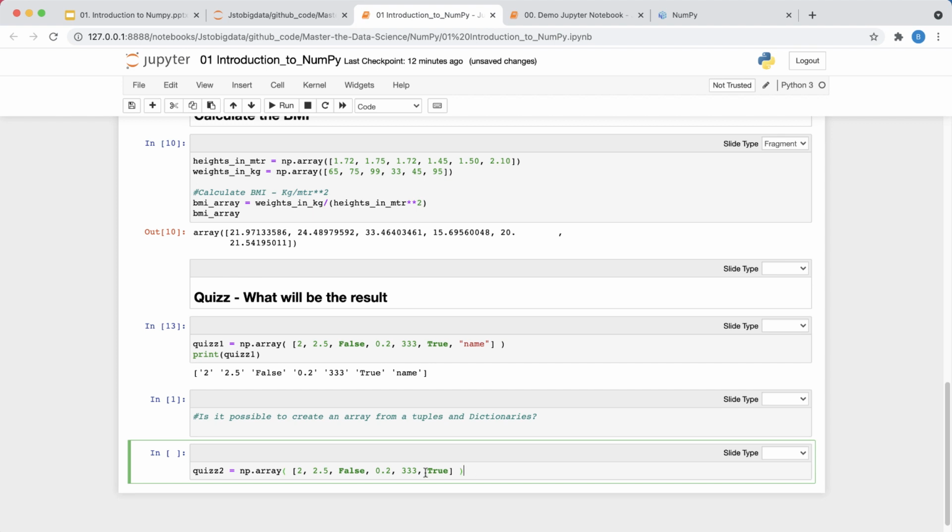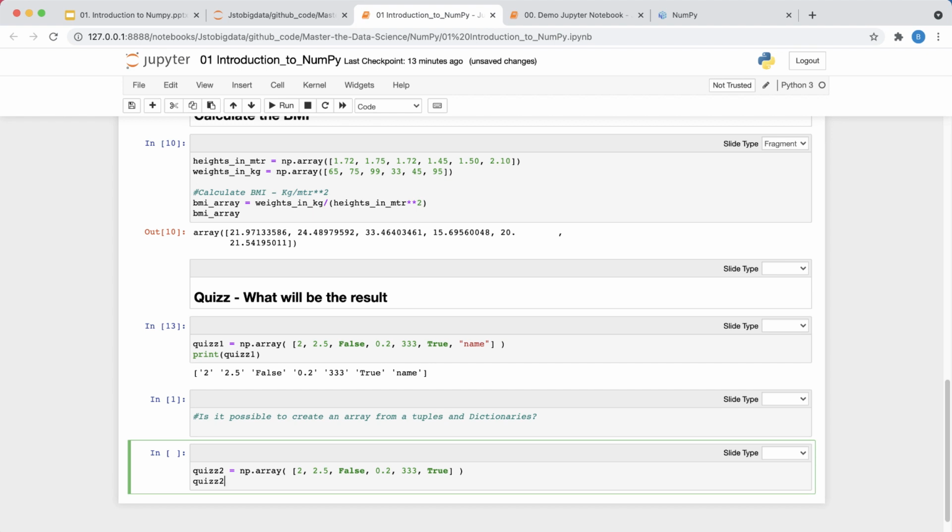Nothing wrong in that. But here you see in my list I can have any type of data, right? I can have int, float, boolean, string, and over here I have not kept string but everything else. So now can you tell me what would be the type of data that would be stored in quiz 2?